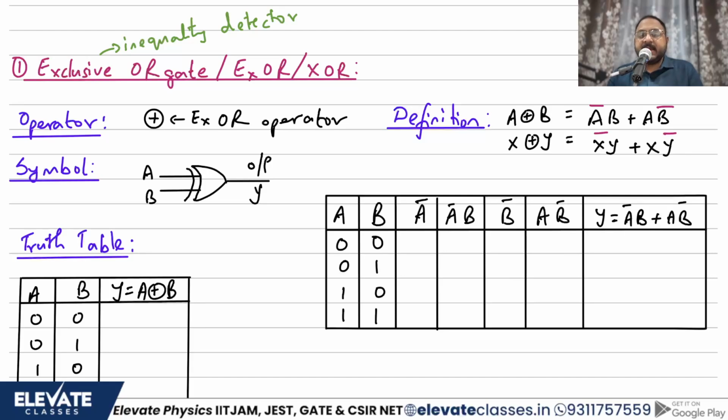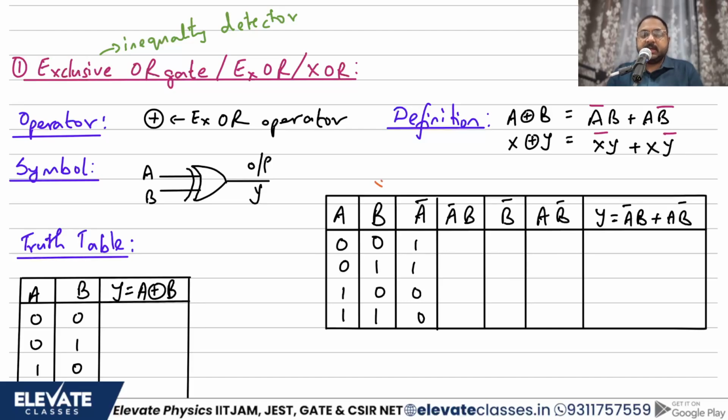So first you have A, find out A bar. A का A बार क्या हो जाएगा? I'll just take the complement here. Correct? If I just take the complement, I'll write it here. 0 complement is 1, 0 complement is 1, 0, 0. A बार बन गया. Now multiply A bar and B.